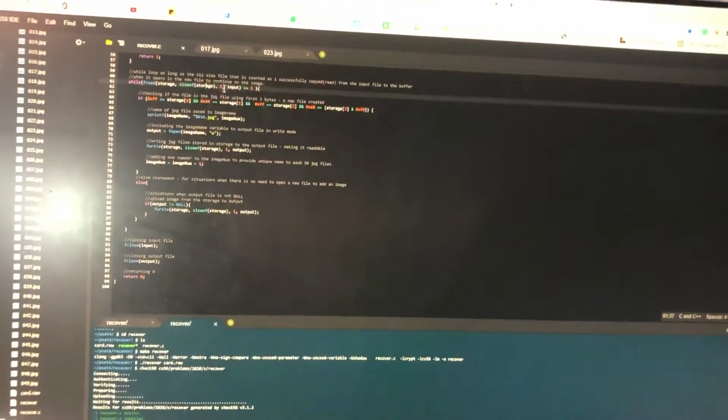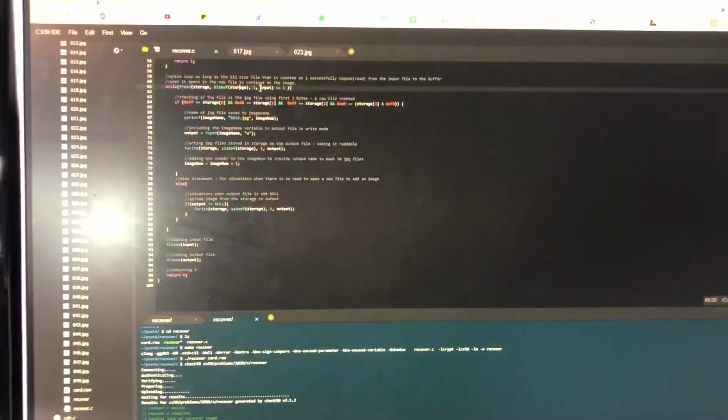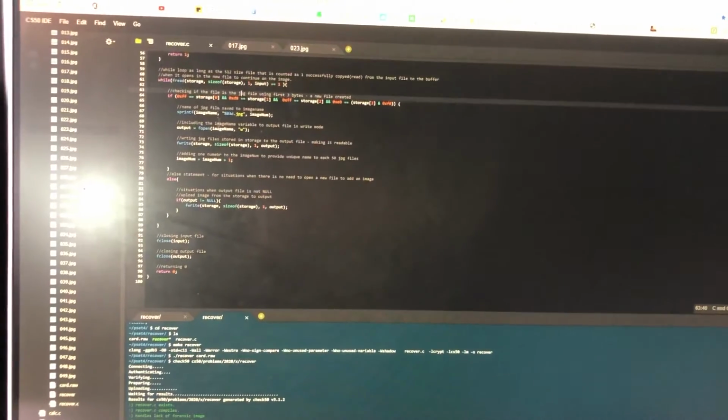And the while is to show that the storage over here, since it's 512, is counted as 1. That 1 shows that this is copying from the input to the storage, the buffer, and the size should be 512. It's just copying the input into the storage, which is what the while does. As long as it's true, this continues on. And it checks over here